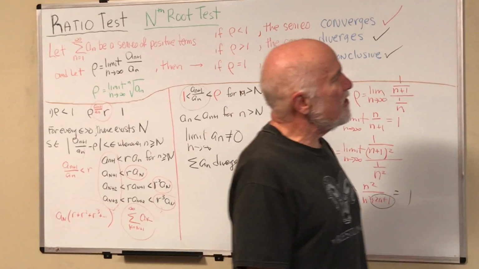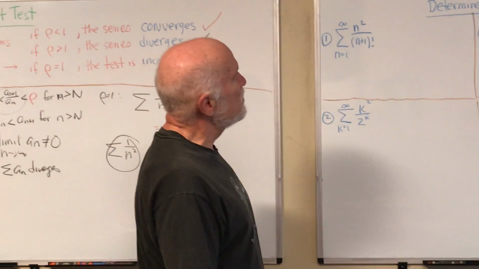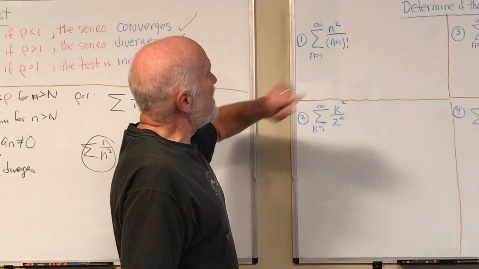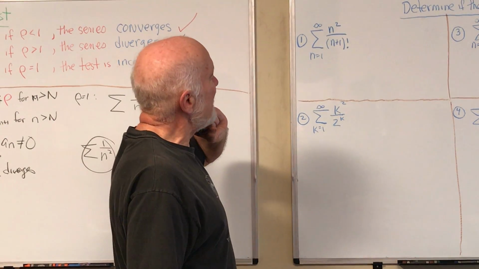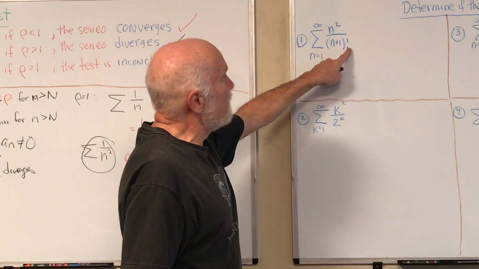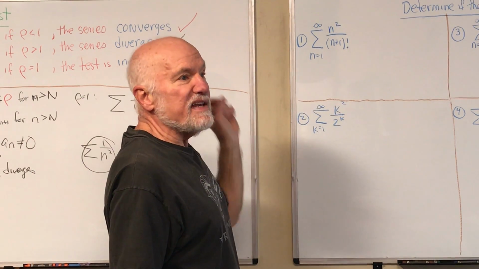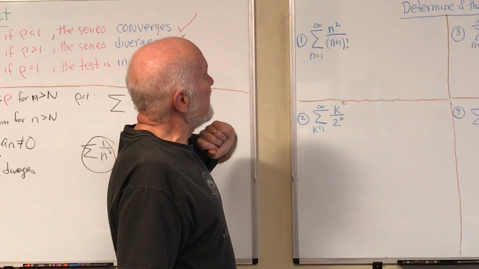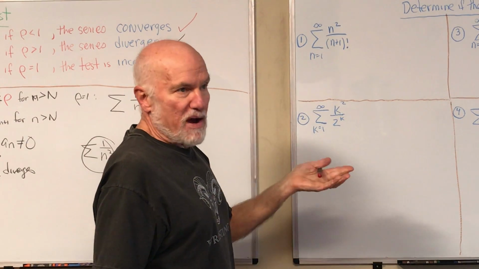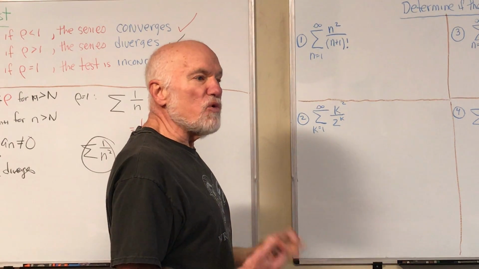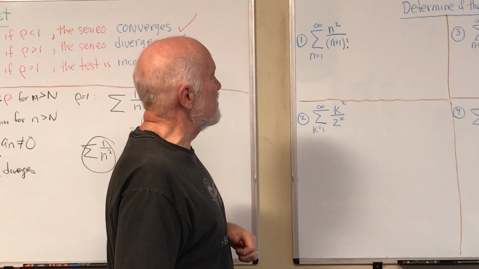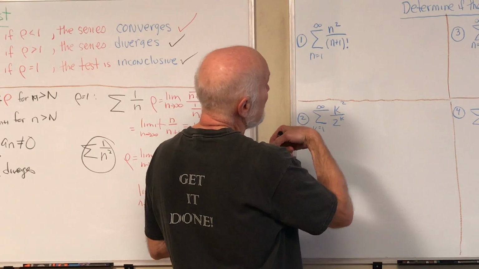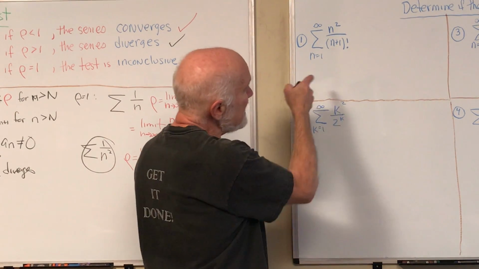Okay, so let's look at a few examples and then we'll be done with this test. What you're going to find is this test is really nice for factorials. It's really nice for n to some power. And it's really nice for some number to the nth power. Things that we don't have good comparisons to do. So if I look at this one, I see a lot of good things that are pointing me towards the